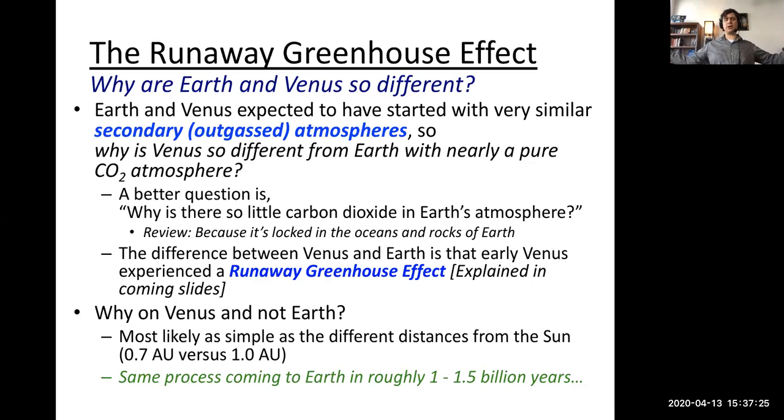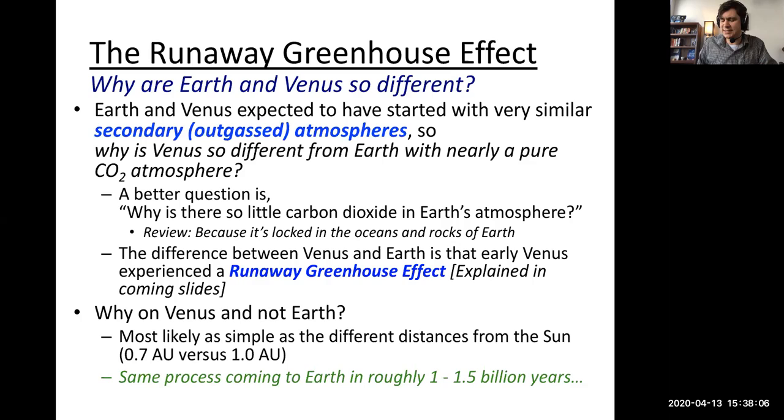All right, let's go to the starting point. We form Venus, we form Earth, they lose their primary atmospheres, they volcanically outgas their secondary atmospheres, which are enriched with things like carbon dioxide, sulfur dioxide, water vapor, things like that. So Venus has what we expect from a secondary atmosphere. Earth does not. What is the difference? Venus experienced what we call the runaway greenhouse effect. Why did this happen on Venus already and not on Earth? Why do we have to wait 1.5 billion years on Earth?